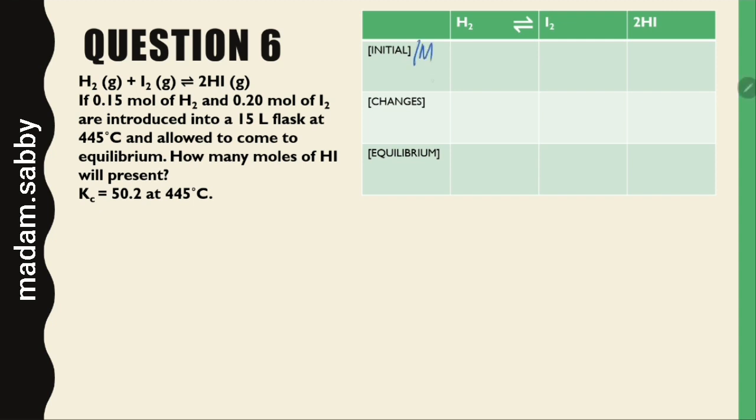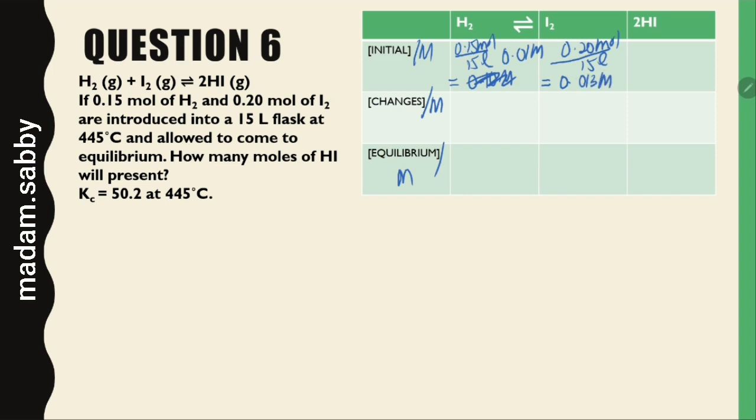You can calculate concentration from the given mole by simply dividing the number of moles by the volume. So 0.15 mole divided by 15 liters, you will get 0.01 molar. Now let's do it for iodine. Sorry, if you press your calculator, you will get 0.01 molar. For iodine, it is 0.20 mole divided by 15 liters, so you will get it to be